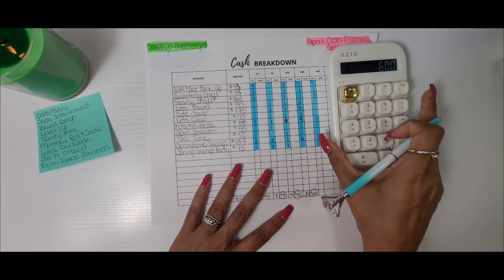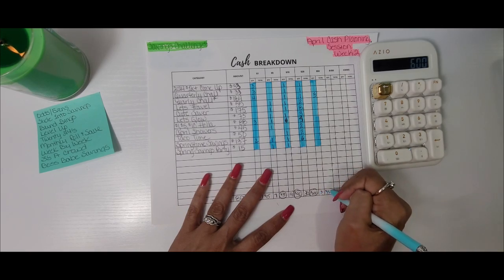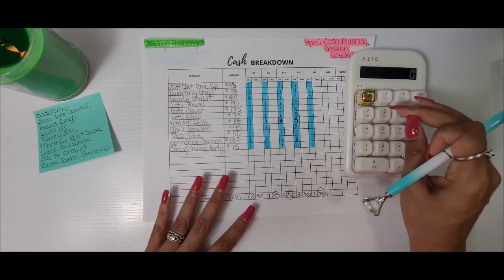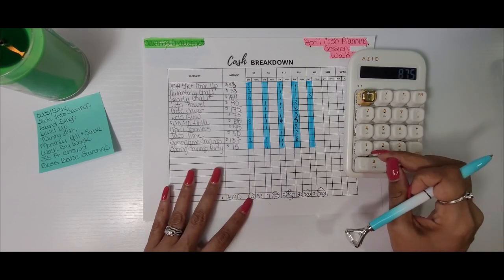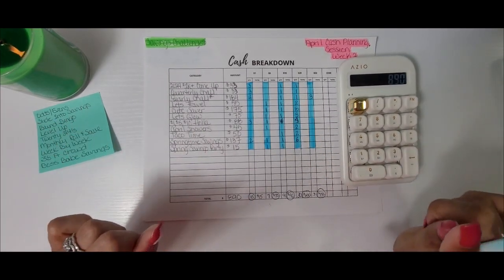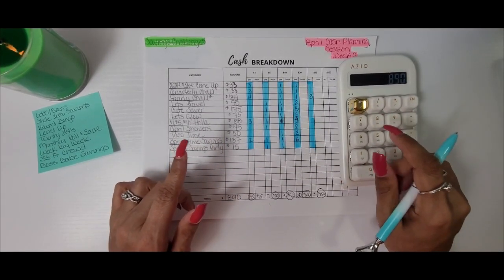And then we have 3 50s for $150. Now, hopefully, all of this adds up to $890. So we got 150, 600, 90, 35, and 15. Yes, I got it right, y'all. $890. So what I want to do real quick is go ahead and get my little